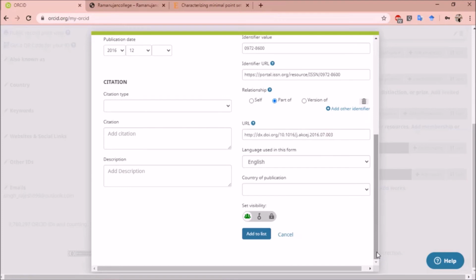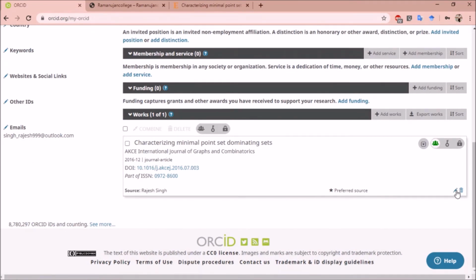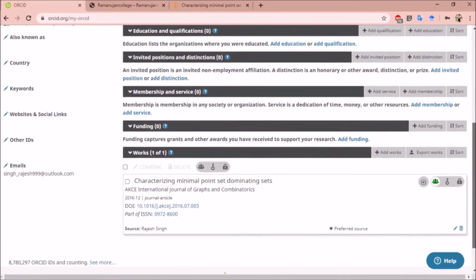Before adding, you can set visibility also. Then click on add to list to add this research paper to your ORCID ID. So my research paper is added to my ORCID ID. Now I can share this detail with anyone through my ORCID ID.